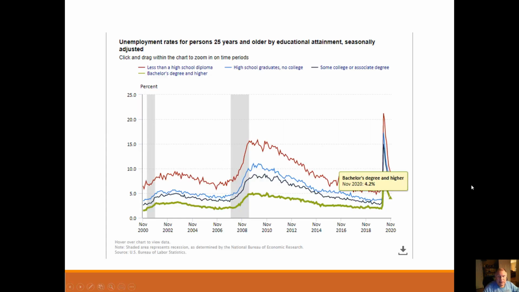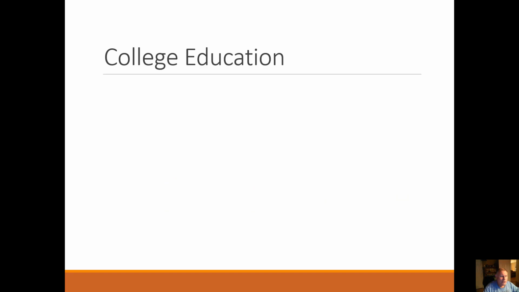Now, some of this comes back to education and educational attainment. And as you can see, everybody suffered here. But for a bachelor's degree, which you're working on now, the unemployment is only 4.2%. It did not go up as much. And even in the Great Recession, it did not go over 5%. So you're in a lucky group. Now, that might say, well, it's a function of education. Well, let's just take a look for a second. College education, which you're doing today,